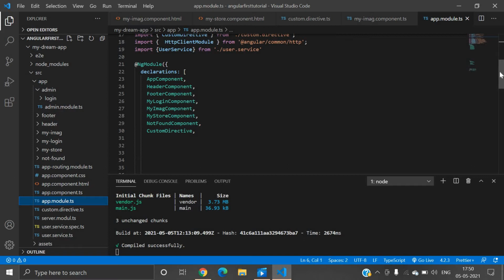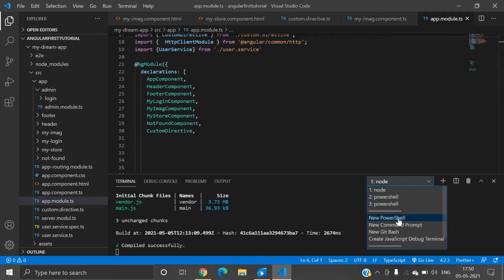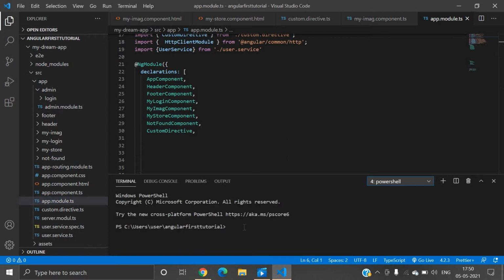It's very important. So let's move on to how we can create new modules. Let's open a new terminal and go to my project directory, here my-dream-app, and simply write ng generate module, and here we will write the module name.